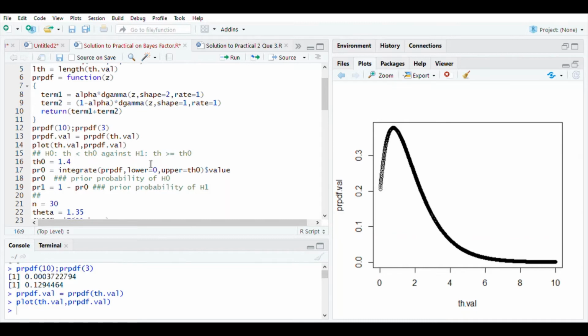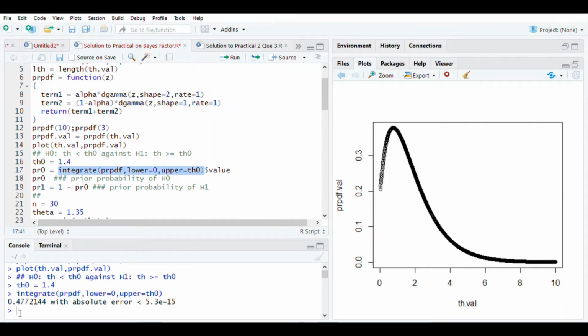So to do this, I am using the integrate function. We will be integrating the prior PDF over the range 0 to theta naught, and we will look at its value by using dollar value. So let us see what we get. Let us first run theta naught equal to 1.4. Now let us see if I run only this much part, what do we get? So we get a value like this,